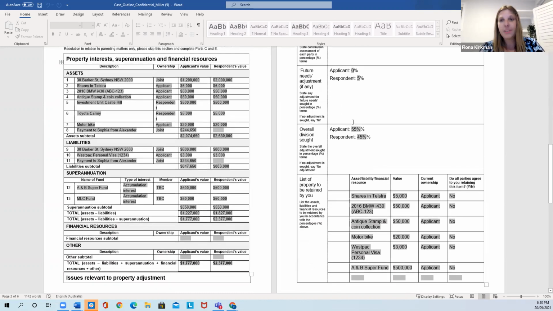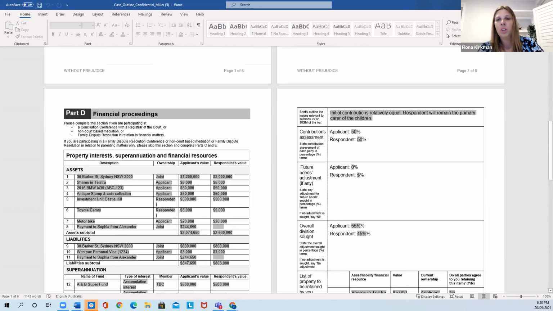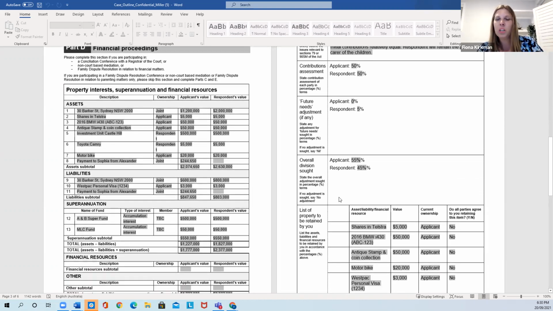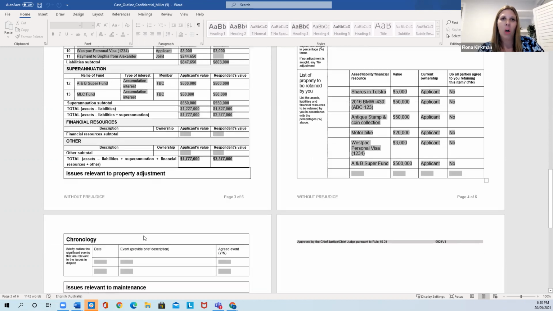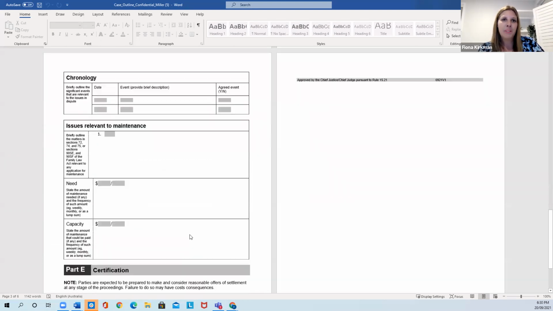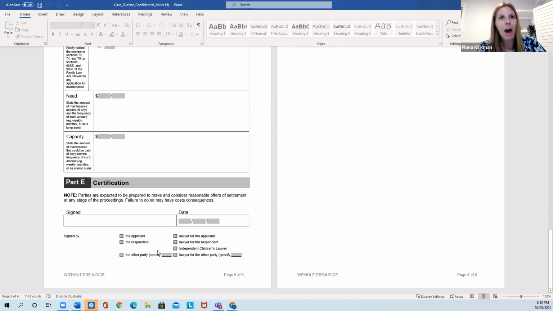It sets out the information about contributions, future needs and overall percentage sought, as well as the property retained by your client, chronology and maintenance. That needs to be certified by you as the lawyer if you're acting for your client or the applicant respondent.